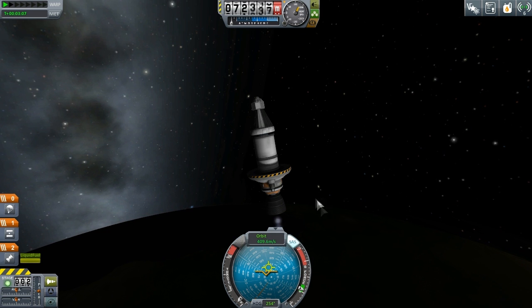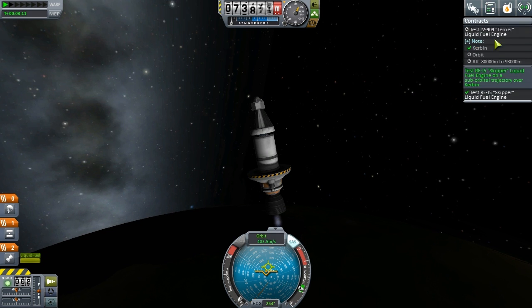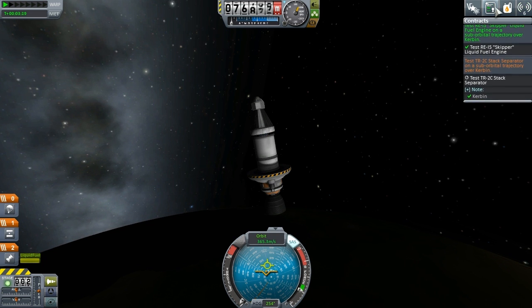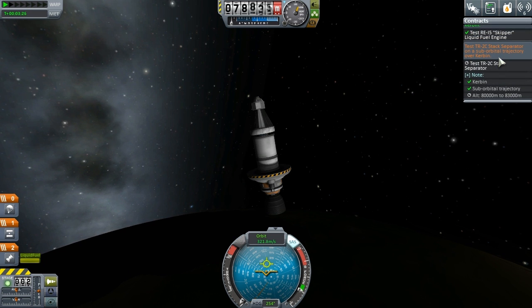Okay, and then at 80,000 meters I need to test the decoupler. So that should be done. Yep, done that. Okay, so shut the throttle off. And at 80,000 meters we need to decouple it, and then we're done. And then we've done all the tests. Yay, we did it! It took a little bit of faffing around. So, stack decoupler at 80,000 to 83,000. So it's a pretty specific range. So we need to do it about...